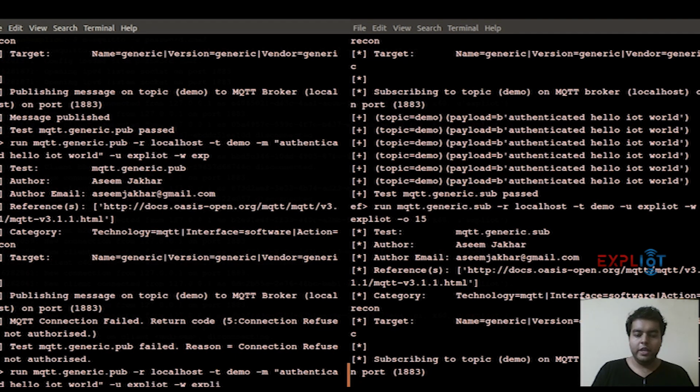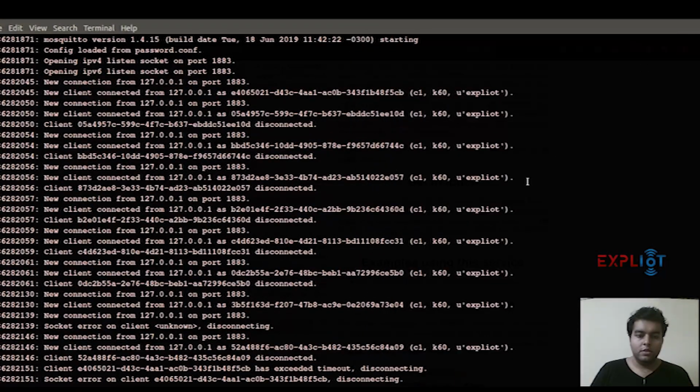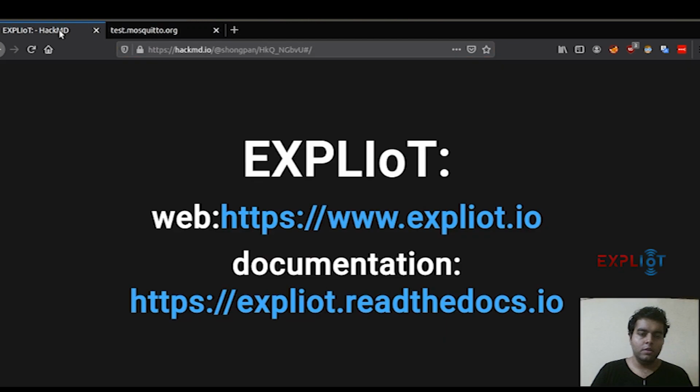And I'll quickly enter exploitee. You can see it has successfully published our message, which is authenticated hello IoT world. All right. So this was authentication for you. You can see here as well, the logs are there when we use a wrong password or a wrong username.